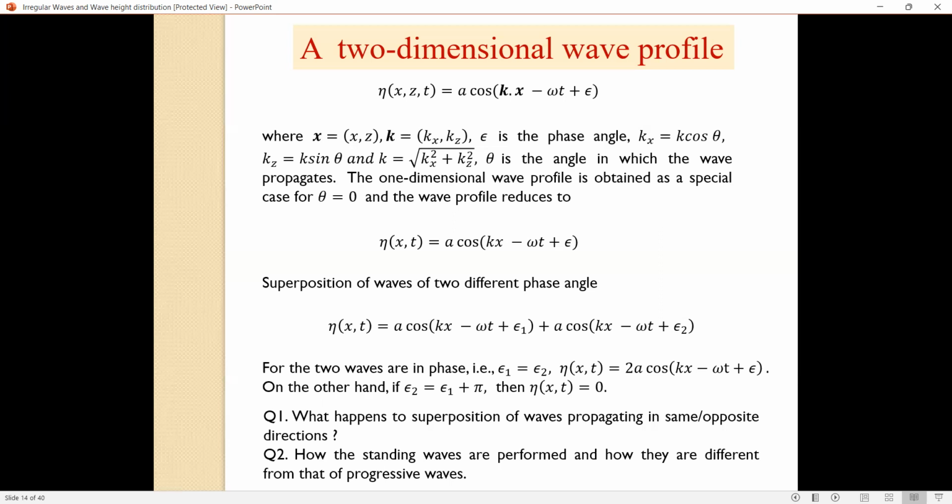Here it's a very simple concept. The phase difference can increase the amplitude of the wave, it can go up to twice the amplitude of the individual wave, and it can also make the waves nullify the effect of the wave altogether. So that is the role of phase lag. And this concept, in fact, many times in the 60s, 70s, people started putting a submerged plate in the water body at laboratory scale. They put a submerged structure, and they say that creates a phase lag.